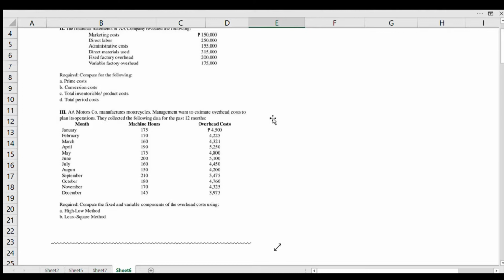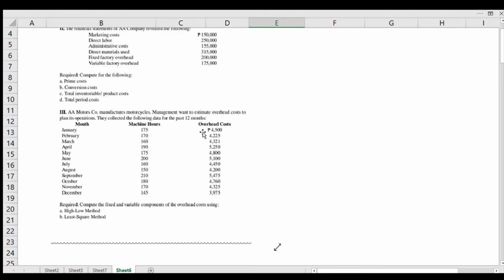So actually, in management accounting, what we really gather, all the information are really intended for forecasting and planning. So that's what management accounting really is, as we differentiate it to the financial accounting. This is more on the management use for planning and costing, product pricing, and so on. So the requirement, ang sabi, compute for the fixed and variable components of the overhead costs using high-low method and least square method. Okay, just to give you an idea, itong mga cost na ito,